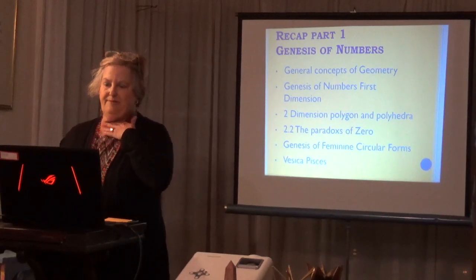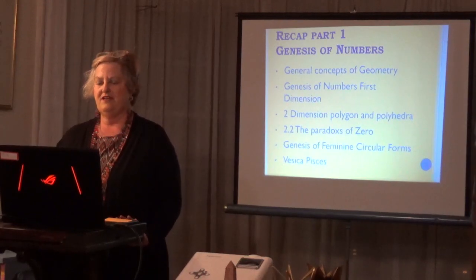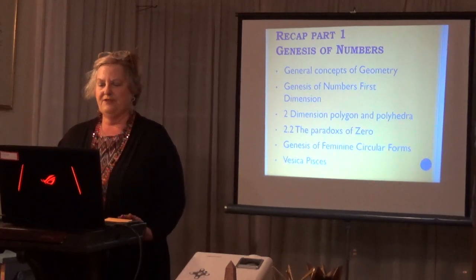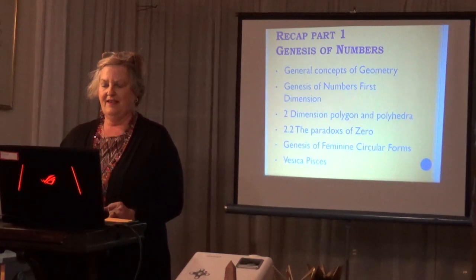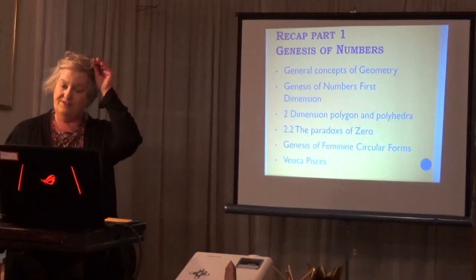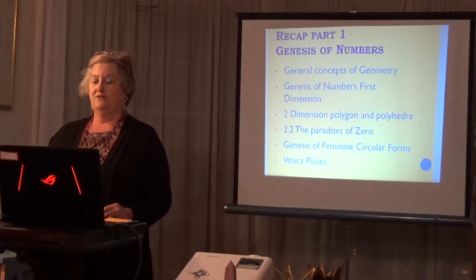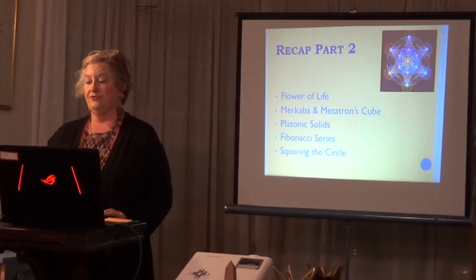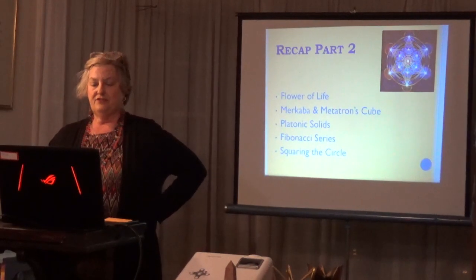So to recap, part 1 was about the genesis of numbers, and we looked at geometry and the first dimension of numbers. The second dimension was solids, polygons, and polyhedra. We looked at the paradox of 0, and the genesis of feminine circular forms and the importance of the Vesica Pisces as a tool and instrument in developing principles or rules for geometry. And in part 2 we looked at going from that to the flower of life,